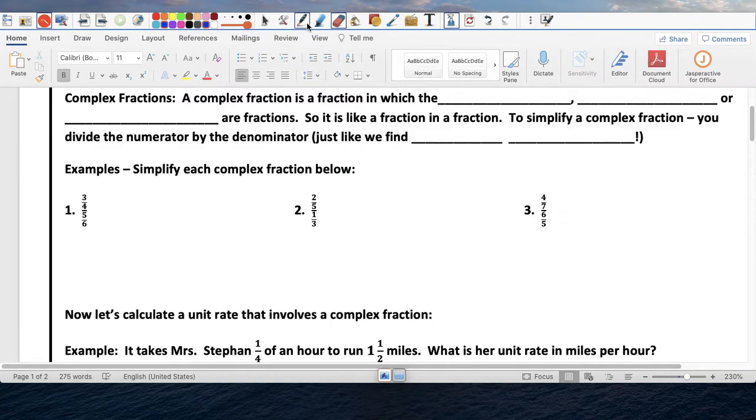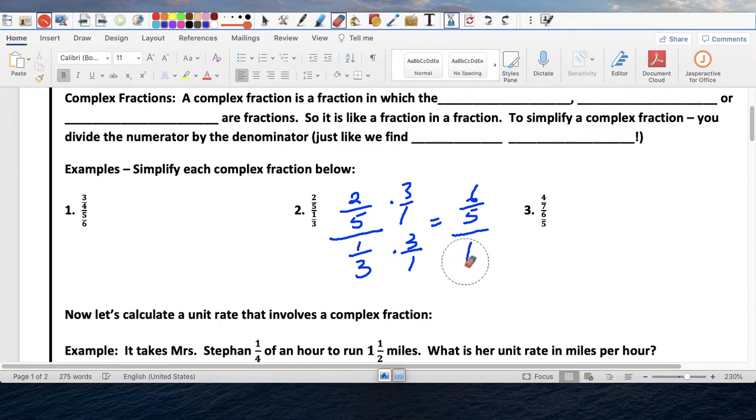Second one, 2/5 over 1/3. So again, multiplied by the reciprocal, 3/1. And we simply get 6/5. If you want to write it over 1, you can, but it's not necessary, so we're going to leave it